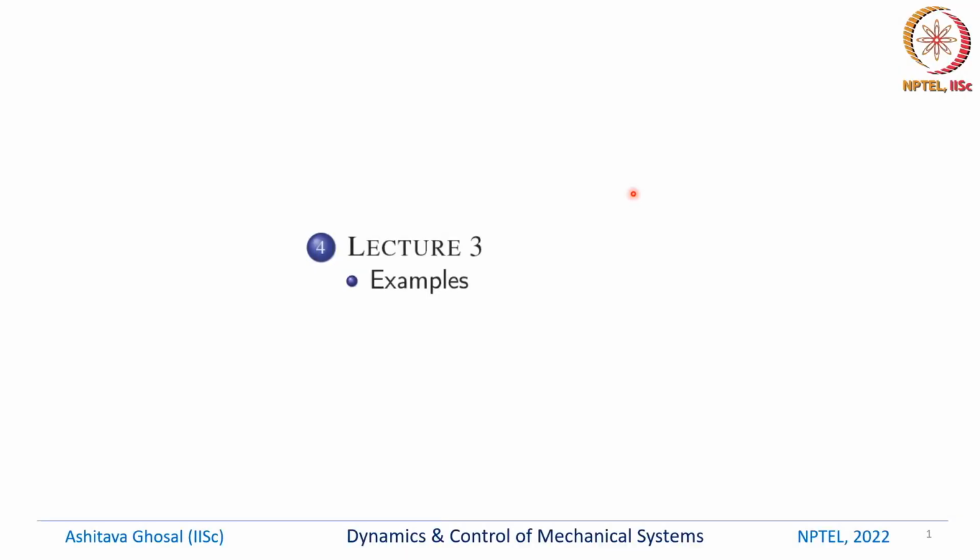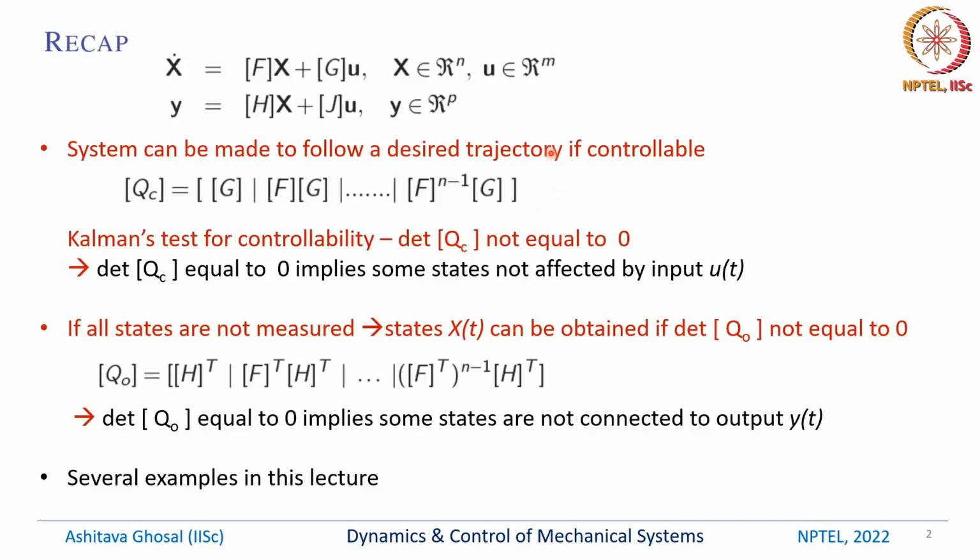So in this last lecture of this week, we will look at several examples of controllable, not controllable, observable, and not observable systems. To recap, in the last lecture, we had looked at a state space representation of a linear time invariant system